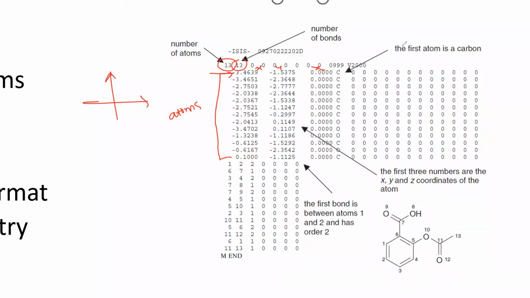The next column represents what type of atom it is. So here you can see at this position, that is -3 and -1, we have a carbon atom. That is what it shows us. The second is -3, -2, which is also a carbon. So another carbon is present at this location. If you follow these coordinates, you will actually be able to draw the entire molecular structure, which is represented just by this data. So this is how the data is represented, by giving the coordinates of all the atoms. As you can see, we have carbons, oxygens, and so on. One thing you will observe